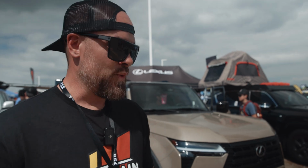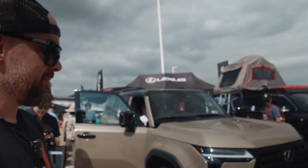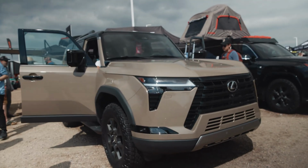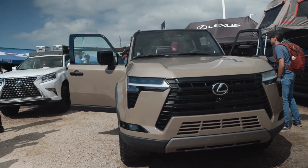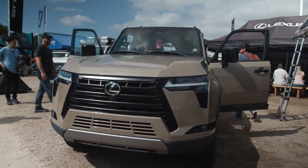If you absolutely refuse to get a 4-cylinder and you gotta have at least 6, the GX is gonna be a perfect option for you. This thing is completely tricked out. You're gonna have to spend more money to get it, obviously, because it's a lot more bougie. But if you do get one of these GXs and you wanna build it, come to us at Mountain Yotas. We'll take care of you. This thing is really nice. It's gonna be pushing a lot of power, fully loaded with all the tech you could ever need. And it's a GX, what else can you say? Look at it. A little bit boxy, but